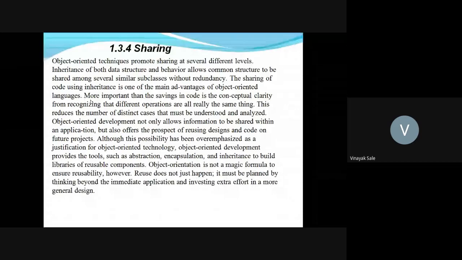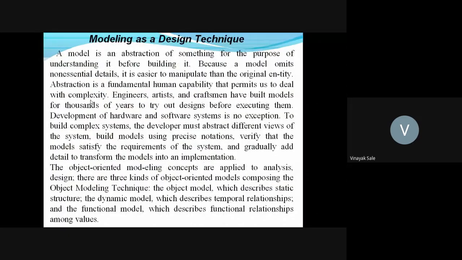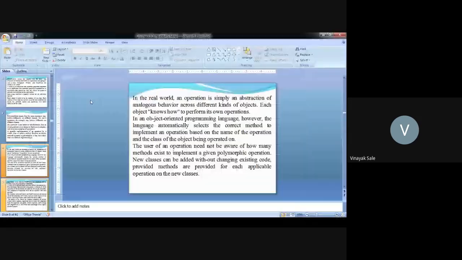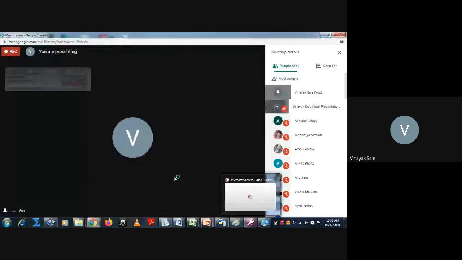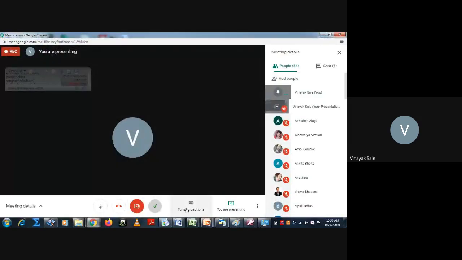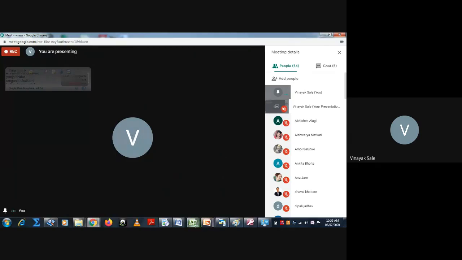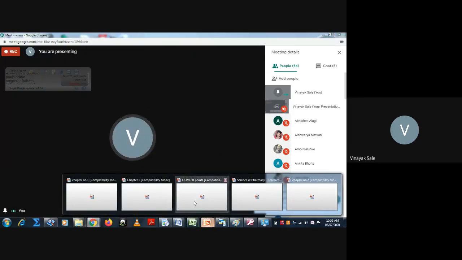So you know the concept of inheritance. Then the next part is modeling and design technique. So we'll study modeling and design technique.